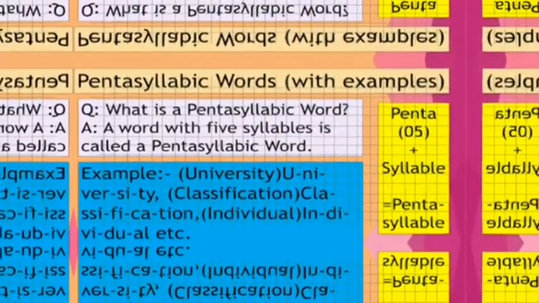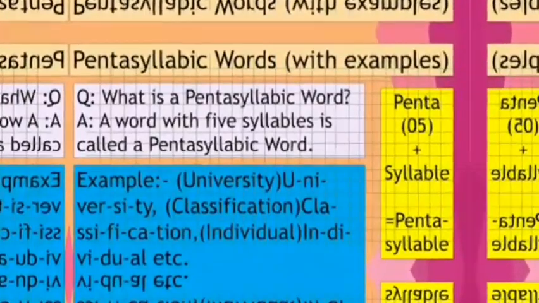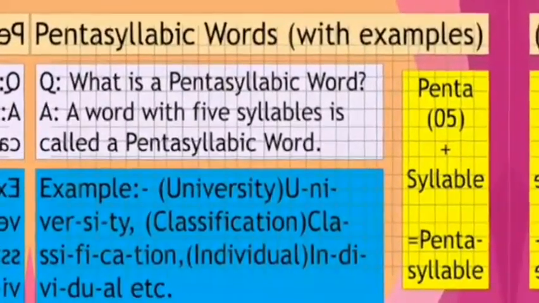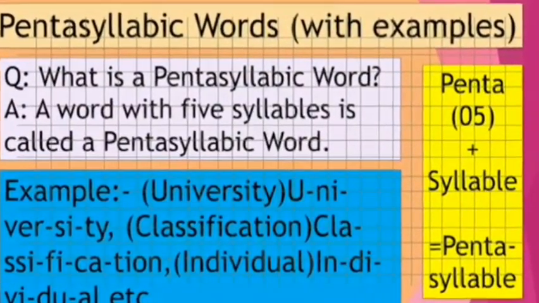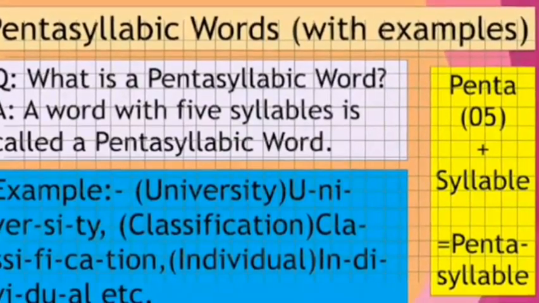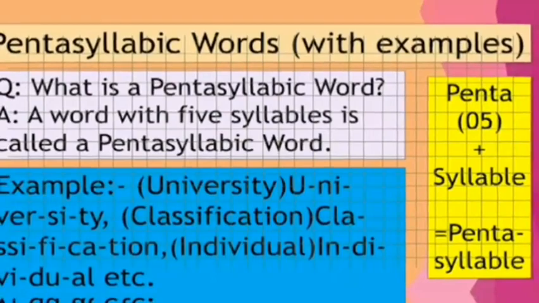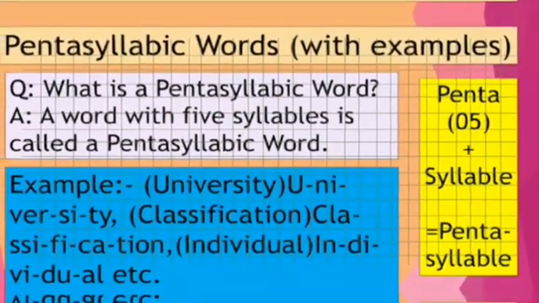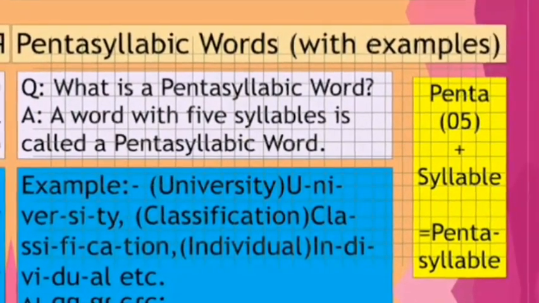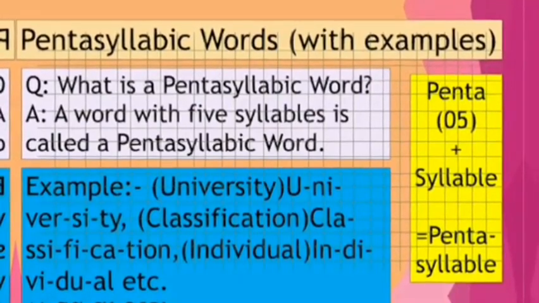Pentasyllabic words. Pentasyllabic words are words with five syllables. However, some people choose to refer to them as polysyllabic words. But polysyllabic words means words with not just five syllables, but words with five syllables, six syllables, seven syllables, and so on. Examples of pentasyllabic words are